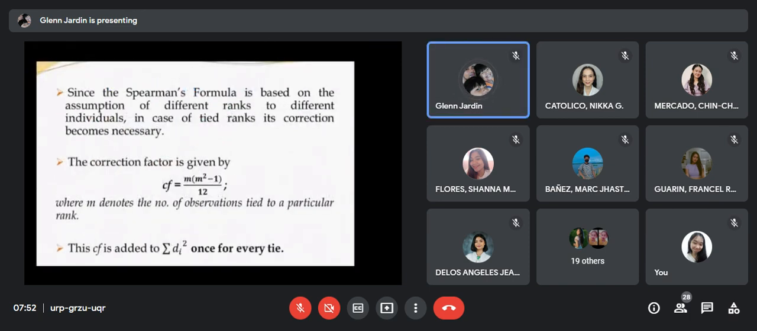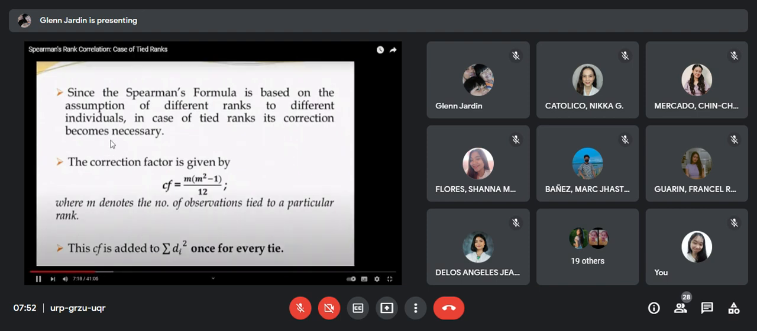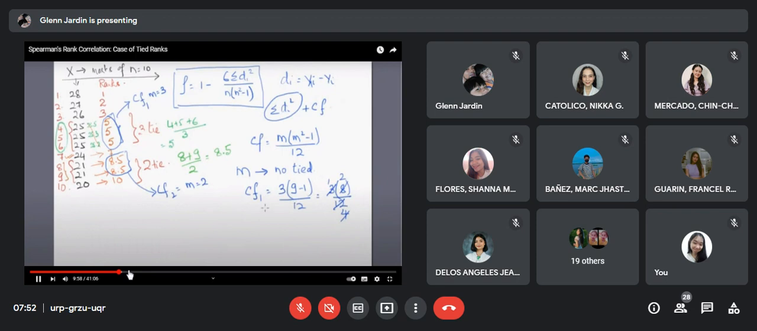But since the Spearman's formula is based on the assumption of different ranks to different individuals, in case of tied ranks, its correction becomes necessary. Correction factor 1 will be equal to 2. Okay. Similarly, correction factor 2